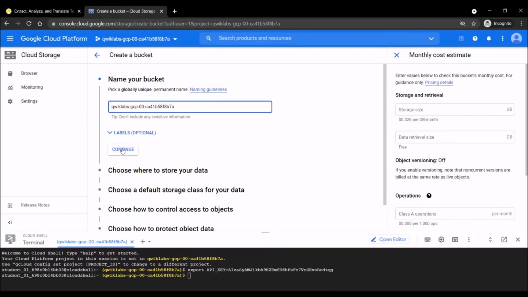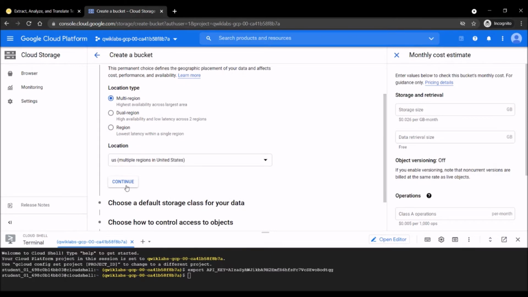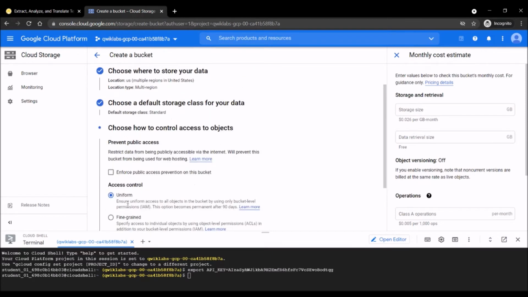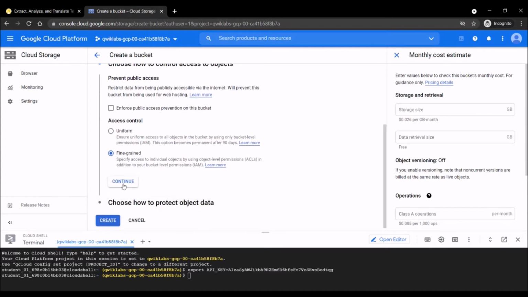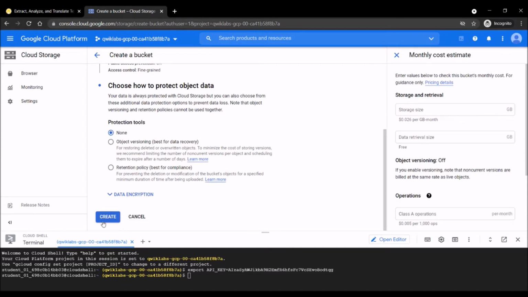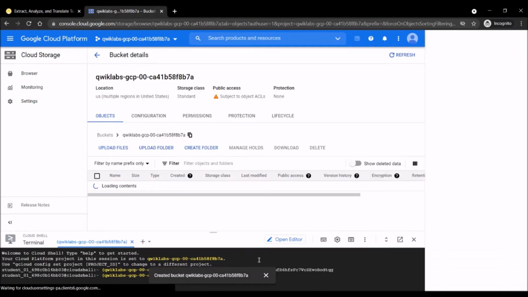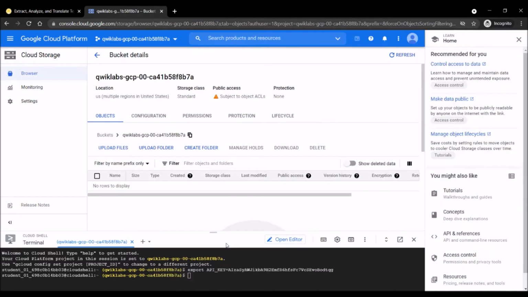For a unique name, we better copy this. You can also give your unique name, but it is easy to access the name, so I will be giving this name. Continue. And here remember to uncheck enforce public access and select fine-grained. Continue. And then create. So now we have successfully created our bucket.